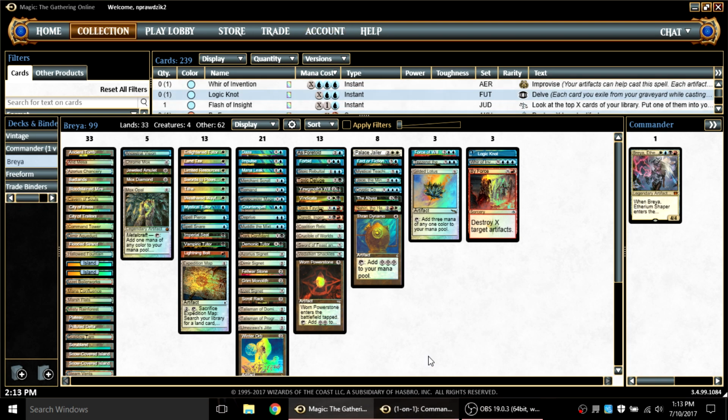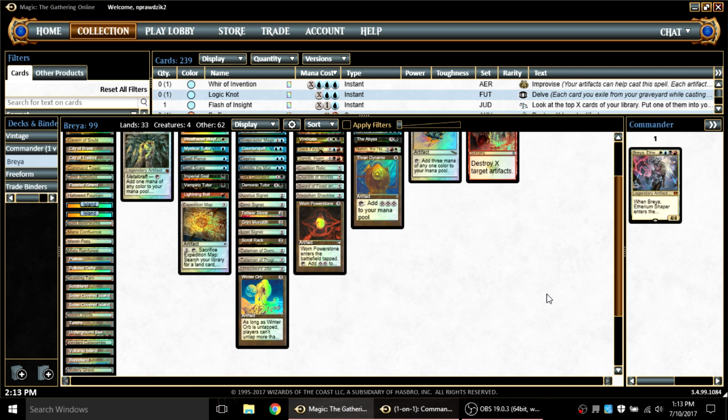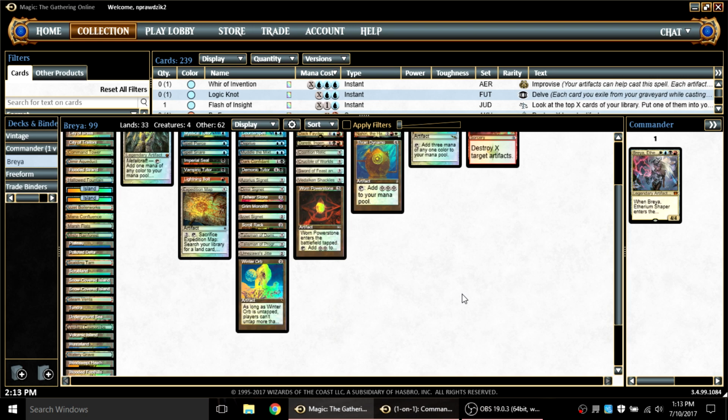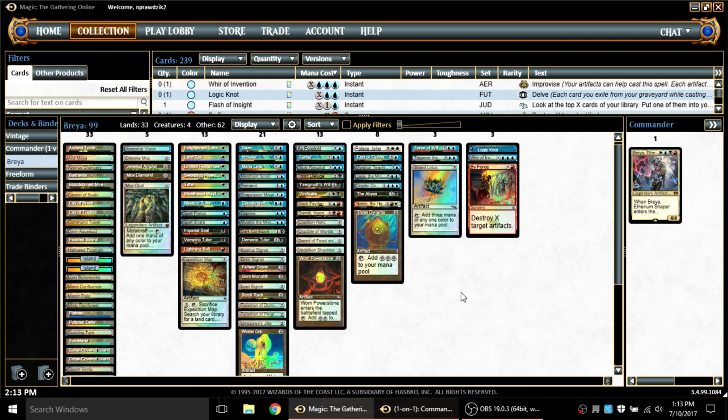So anyway, this is the build here. I'll go ahead and scroll down so you can see the rest, but under the Steam Vents is Tundra, Underground Sea, Verdant Catacombs, Volcanic Island, Wasteland, Watery Grave, Windswept Heath, and Wooded Foothills. So if you're going to play the deck,